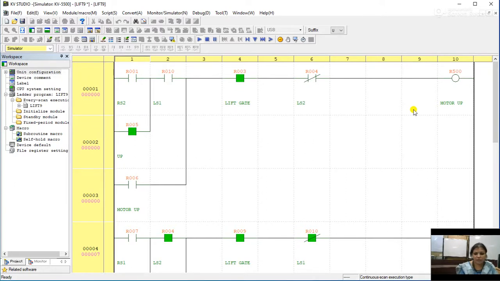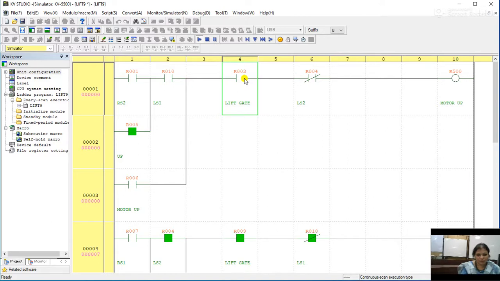If the lift gate access is open, that is if this gate is open, it means the lift will not be set into operation. Why?